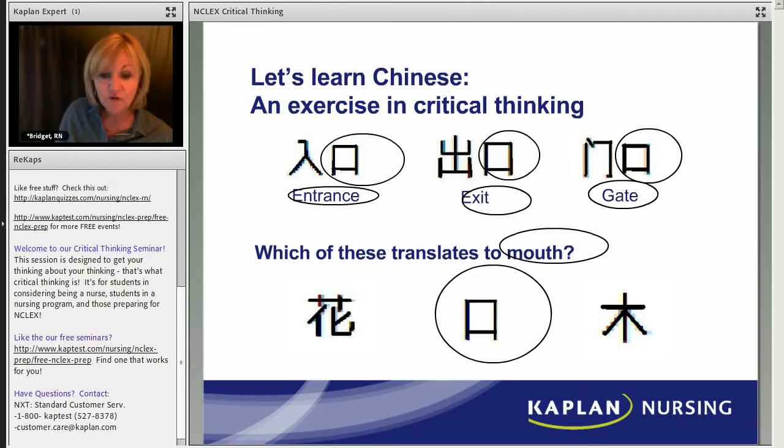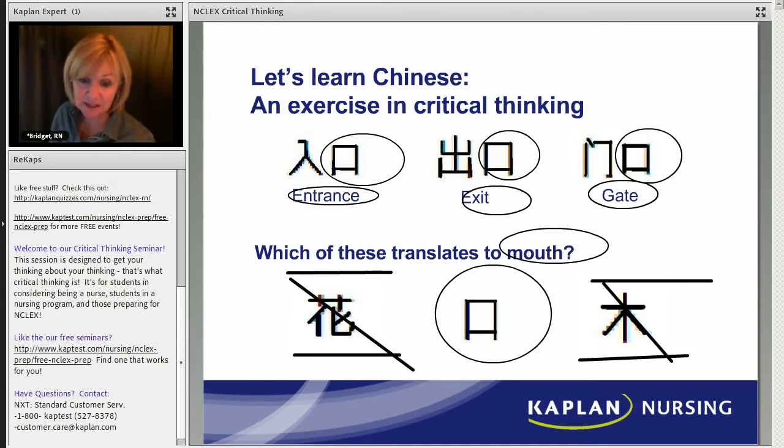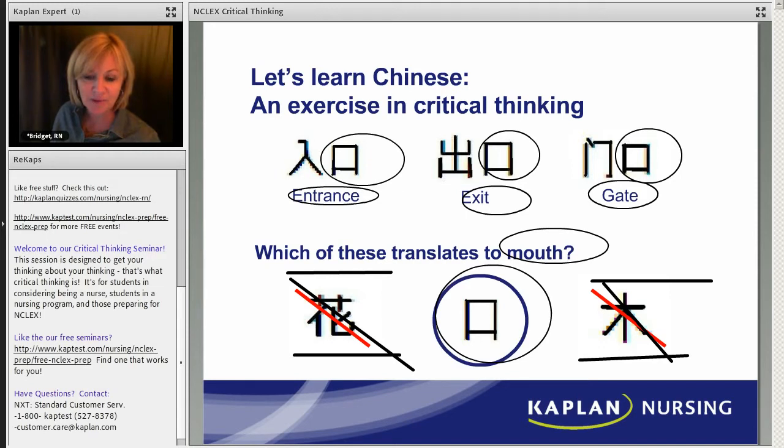Yes. If we go further, because we're not done with our steps, we want to try to eliminate. Let's look at that. There is this shape. Is this in any of the other drawings? No. Is this in any of the other drawings? No. If you picked either one of these, you were guessing. And there is no guessing when you're taking care of a patient. There's no guessing when you're taking your NCLEX. All right? So your best answer here is your mouth opening.